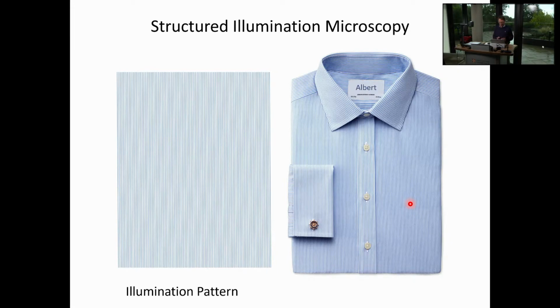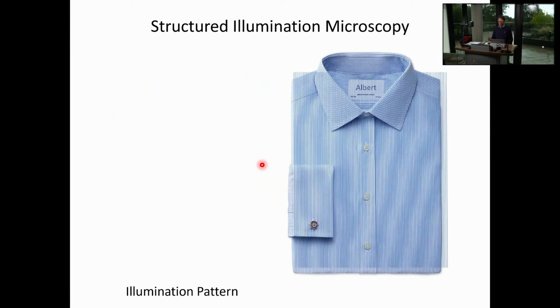And like all very good ideas, the idea is that you illuminate the sample. So consider these lines, these blue lines here, to be fluorophores arranged in these lines to give you the pattern. Let's excite these fluorophores now with a structured illumination pattern, like the one shown to the left. So here, the illumination light goes from dark to bright to dark to bright, and at a very high spatial frequency, as high as you can transmit through the microscope. So you project this pattern onto your sample, and let's see what happens. When I do this,